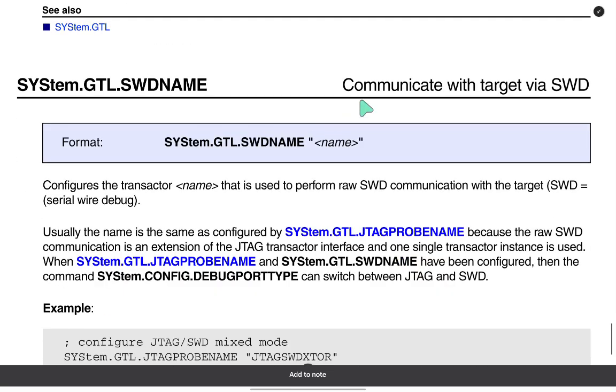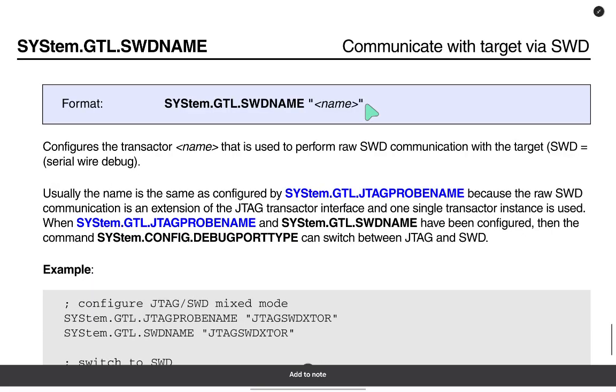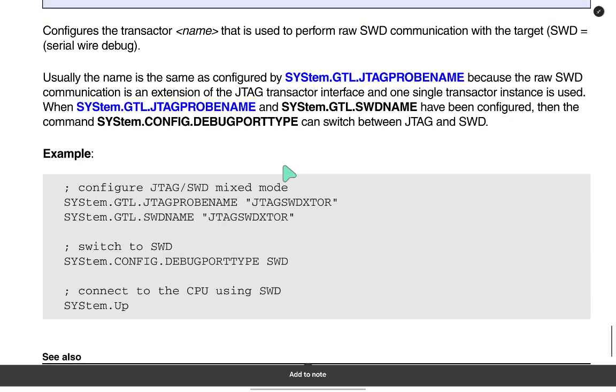sys.gtl.swd name. Communicate with the target via SWD. Configure the trajectory name that is used to perform raw SWD communication with the target. SWD is serial wire debug. Usually, the name is the same as configured by the sys.gtl.jtag prove name because the raw SWD communication is an extension of the JTAG trajectory interface and one signal trajectory